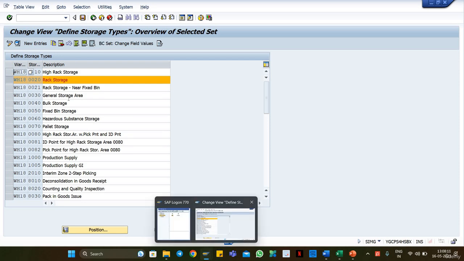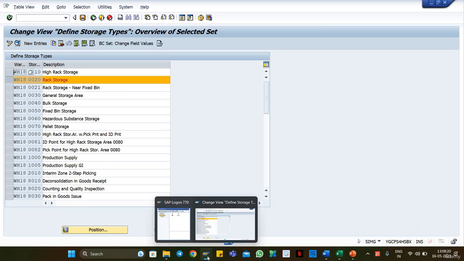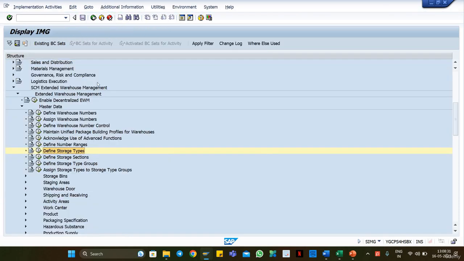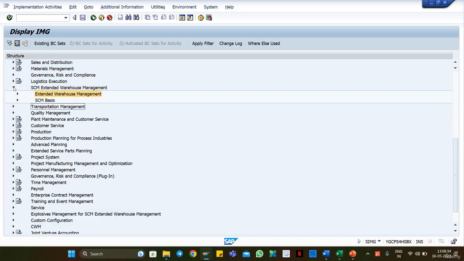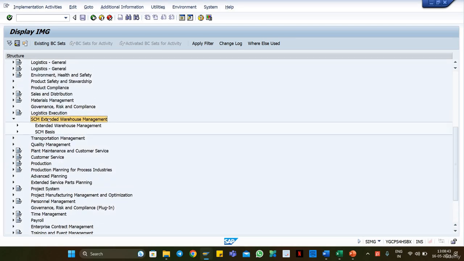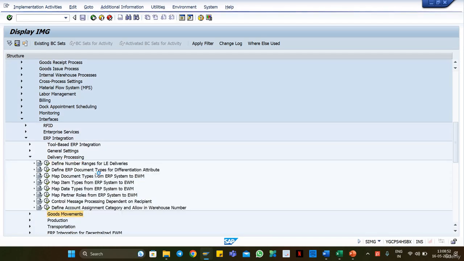I'll discuss storage types in future topics, but let's move on to the next configuration. We have assigned the availability group, or we have performed the mapping of storage location with the help of availability group. So under EWM, mapping is done, and next is,